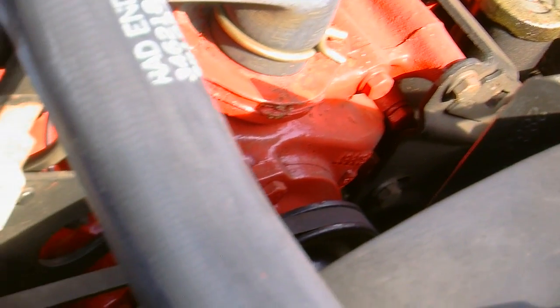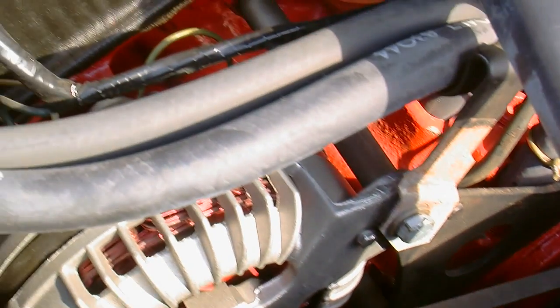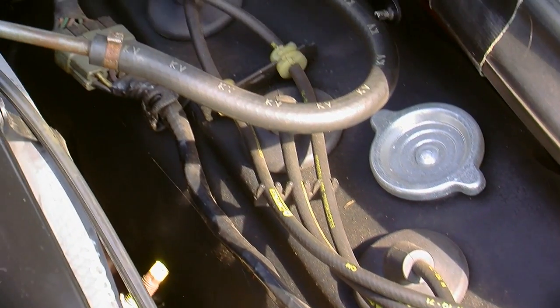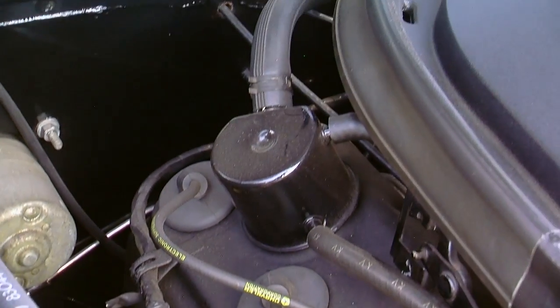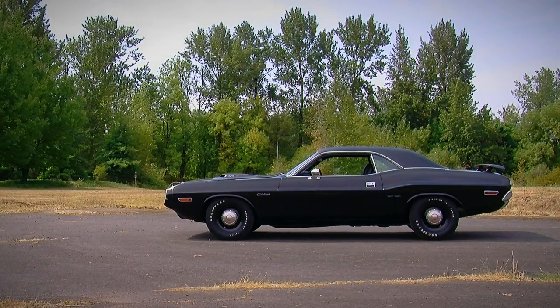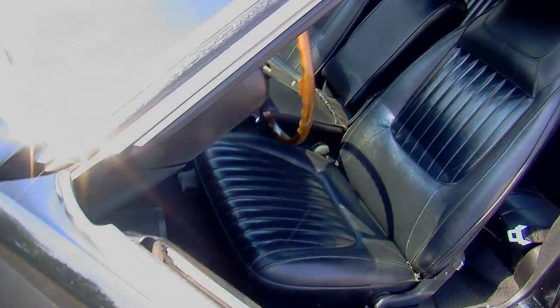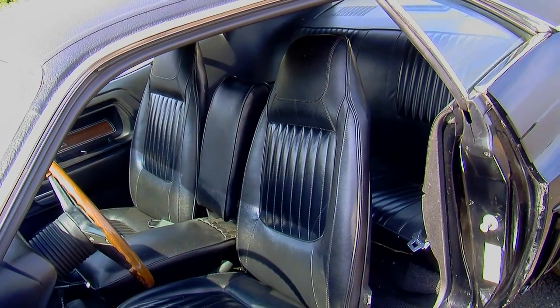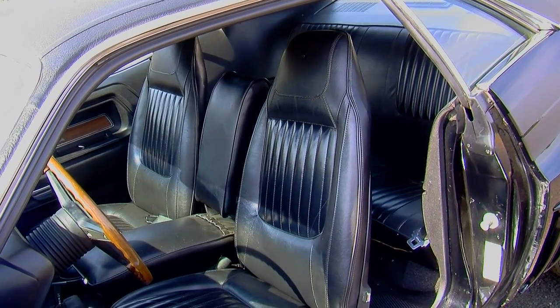When Dodge was marketing these cars, they were going after the Pontiac Firebird and Mercury Cougar crowd because they said that the Dodge Challenger was kind of a luxury sport car, whereas the Plymouth Cuda was more of the sportier car that went after the Mustang and Camaro crowd. So the Challenger was a little bit bigger than a Cuda, and they also advertised that the rear seat was actually useful. But in a car like this, I think all the action's going to happen in the front seat